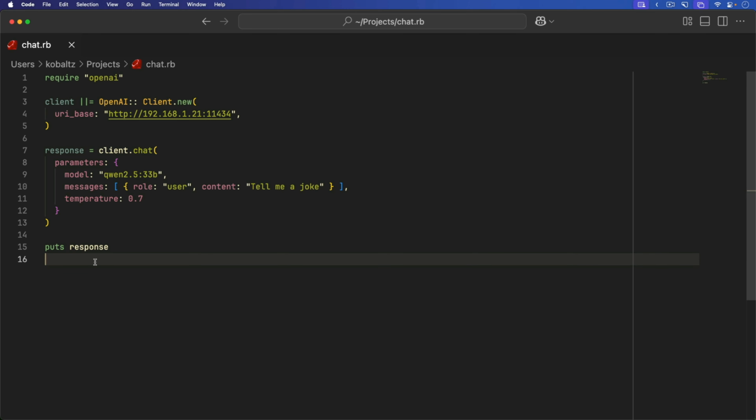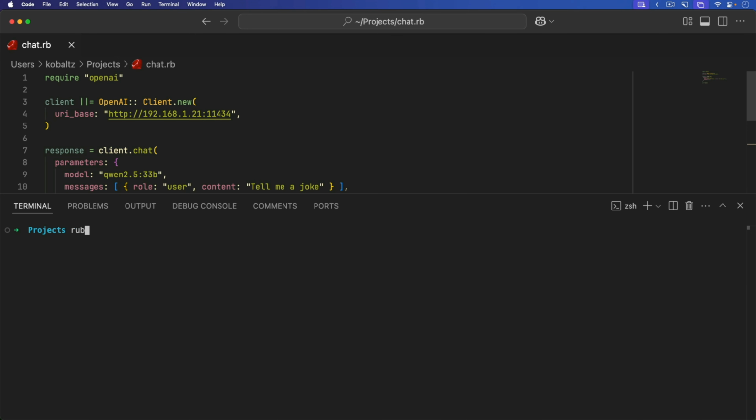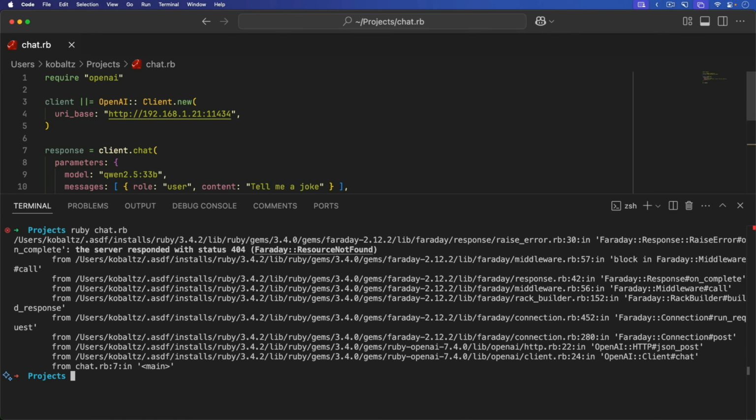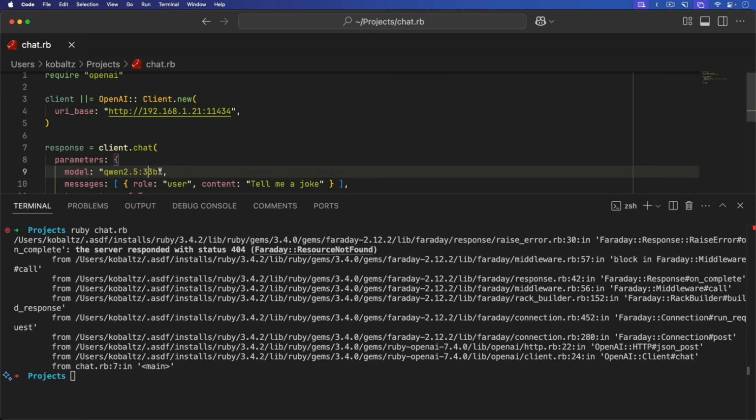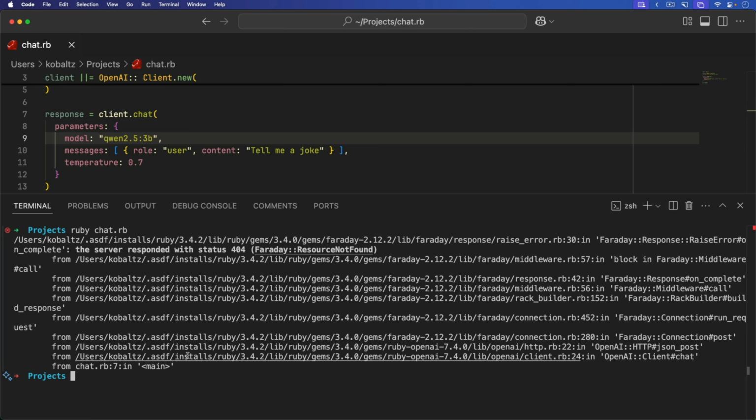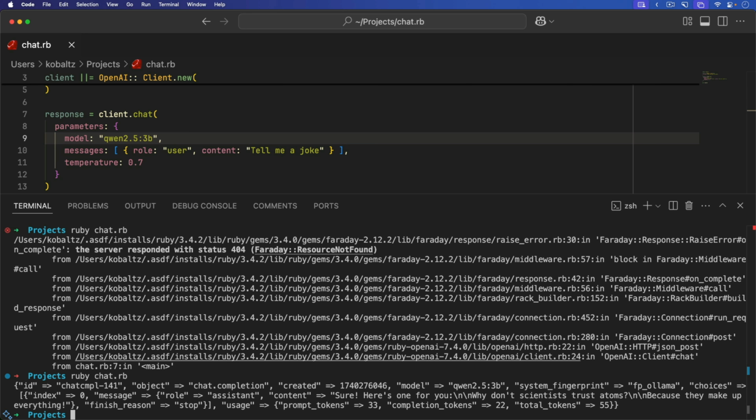I could open up my editor and then start planning it out, testing out integrations with the API, and then I could try running it. So in this case, I would just run ruby chat.rb, and I got an error. And so then I have to figure out where that error came from. In this case, I had a wrong model, and then I could try it again,